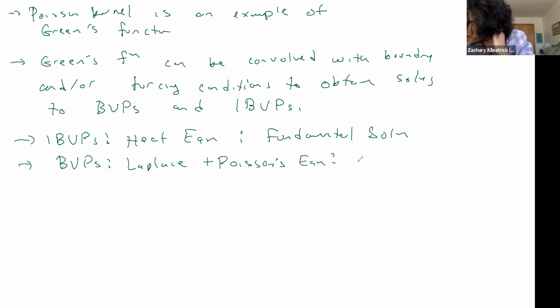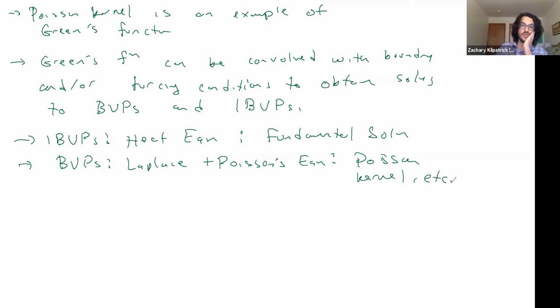And we have the Poisson kernel, and I'll say et cetera because there are some modifications that we have to make in the case of Poisson's equation. So it seems like, great. What I'd like to do is, for any particular boundary value problem or initial boundary value problem, it would be great if I could identify these Green's functions, and then that would allow me to solve any